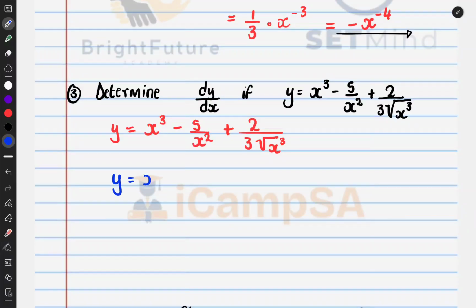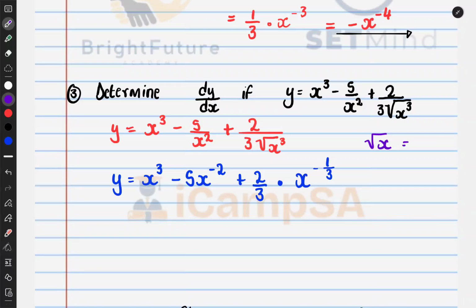So y is equal to x cubed, this one has no rearranging, minus 5 times x to the power of negative 2, plus 2 over 3 multiplied by, let's rearrange that. First thing first, we're going to have x to the power of negative 1 over 3. Yes, I think it's going to be 1 over 3, because when we are changing a square root, remember